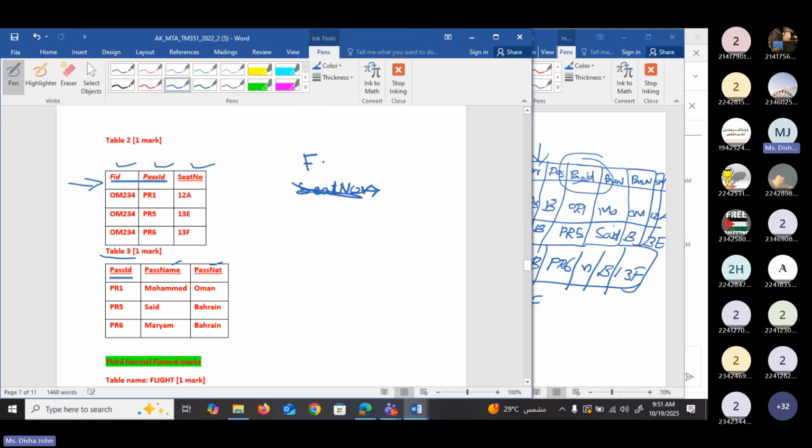So it is given that flight ID, comma, passenger ID determines seat number. So from where did I get it? From the question. It is already given in the question. So seat number is completely dependent on these two columns. So here, no need to check for anything. I can say that it is in second normal form.